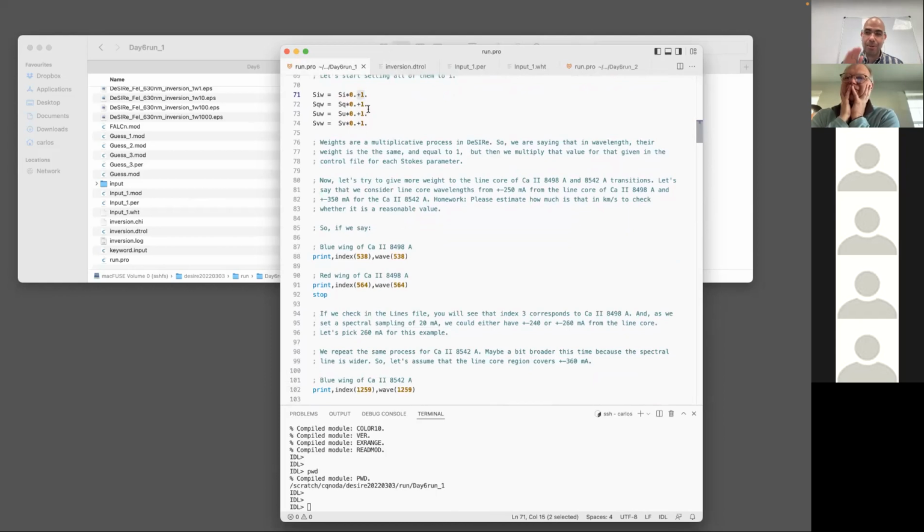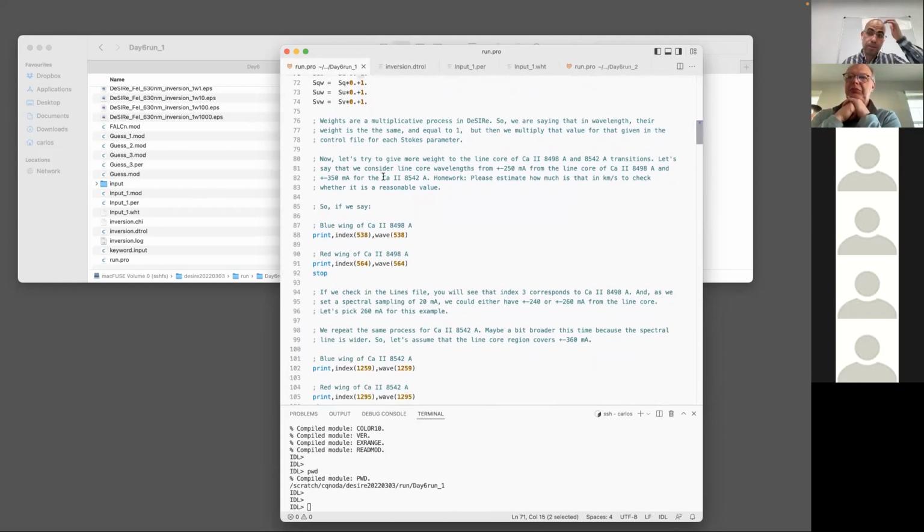So then essentially everything is 1. So for now, if we create a weight file like this one, then we will have the same result as the last tutorial, okay? Because we are not adding anything different here. So then let's try to add a different weight, but just for the regions of the calcium 8498 and 8542